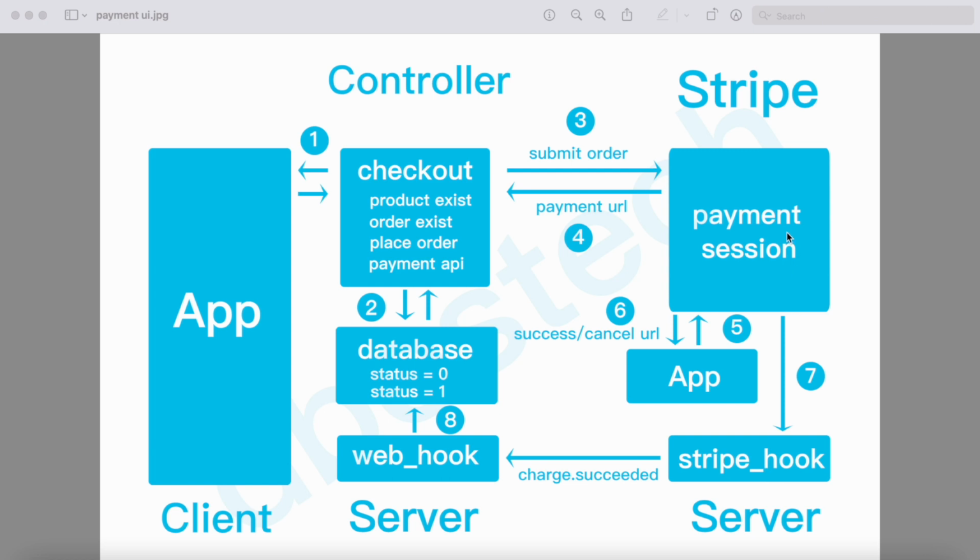So after payment is done, from this payment session, Stripe would contact us through this hook. The similar hook would exist in our controller, so Stripe can find us using this hook. It would find us and give us information. And what information would it give us? It would give us